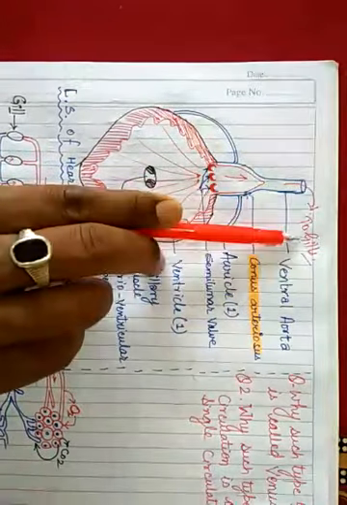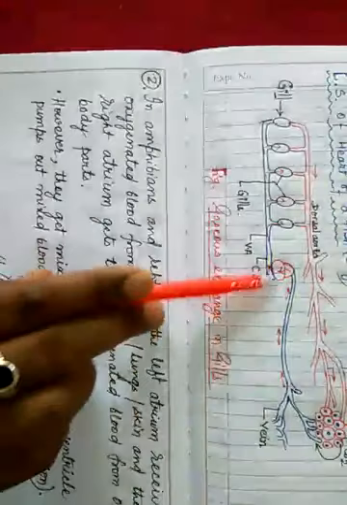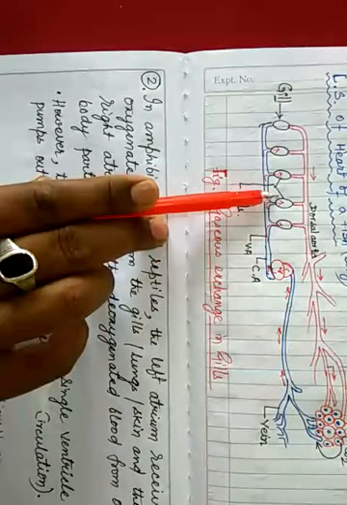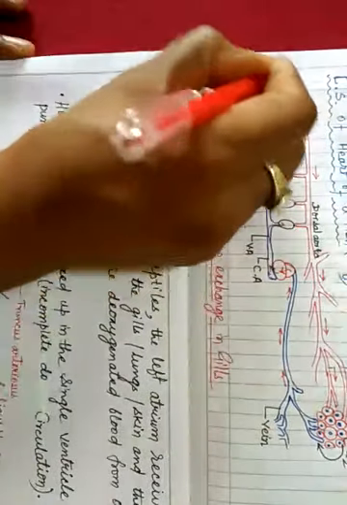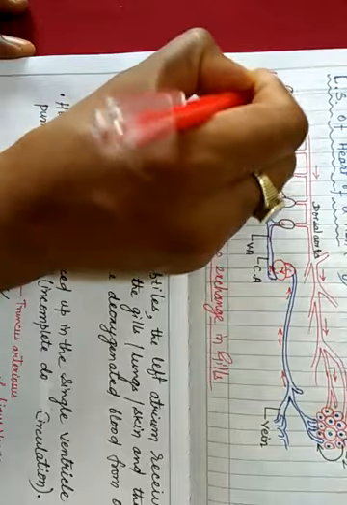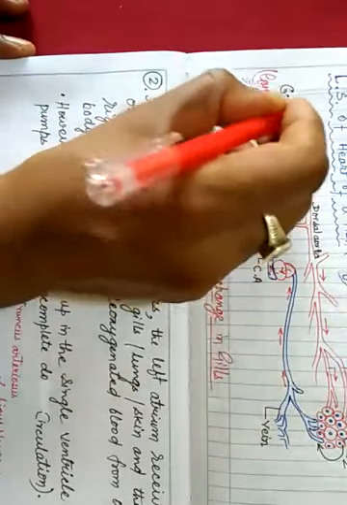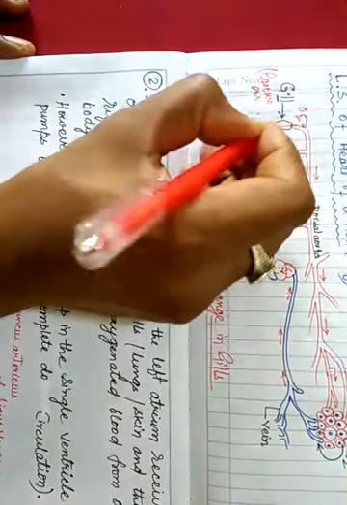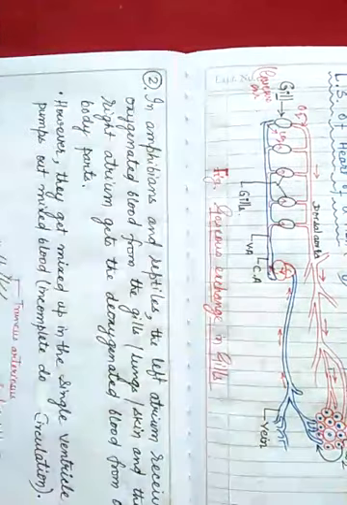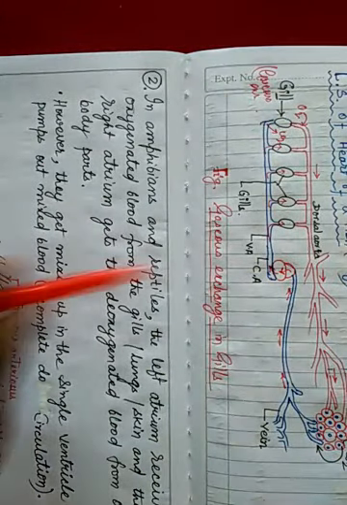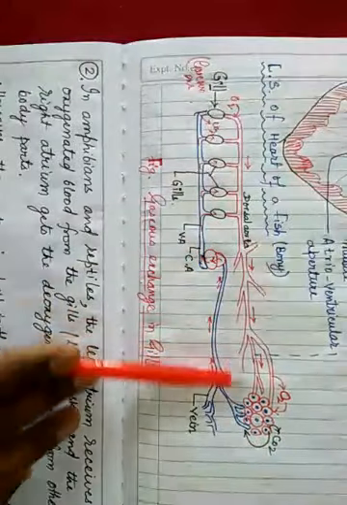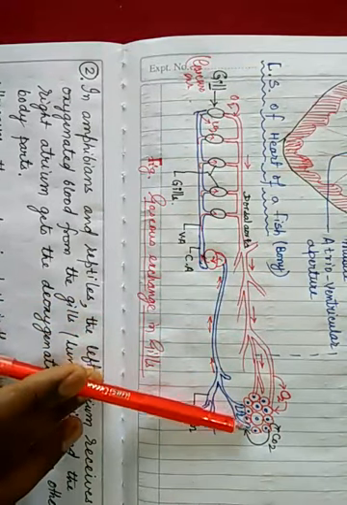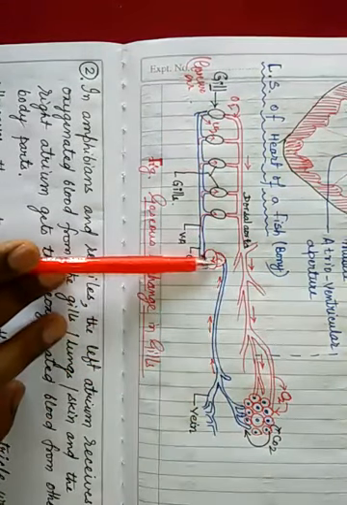You can see in this picture that deoxygenated blood is going to the gills. From this heart, the deoxygenated blood has gone to the gills, and in the gills gaseous exchange will be going on here. Gaseous exchange means O2 will be absorbed and CO2 will be released, isn't it? After that, this dorsal aorta will carry oxygenated blood, and this oxygenated blood will supply oxygen to the cells, and after that again the deoxygenated blood will come to the heart.